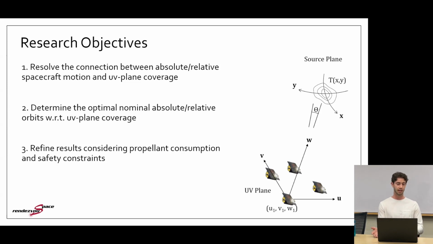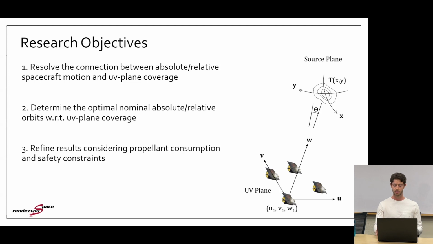If we can resolve this connection, it should help inform us as to what the optimal configuration should be for imaging. The second point is to actually determine these optimal nominal orbits for UV plane coverage, and then, upon seeing what the optimal unconstrained configuration is, refine the results, considering minimum propellant consumption formations as well as passive safety